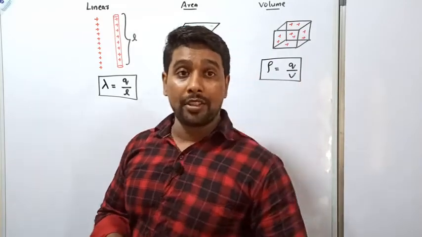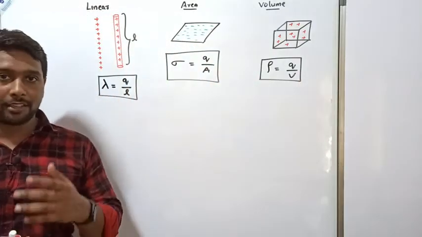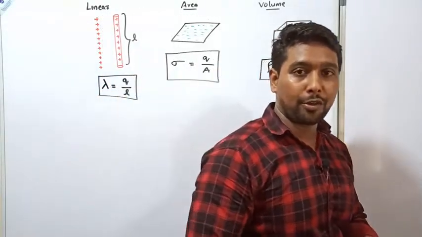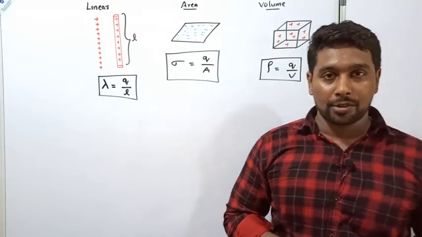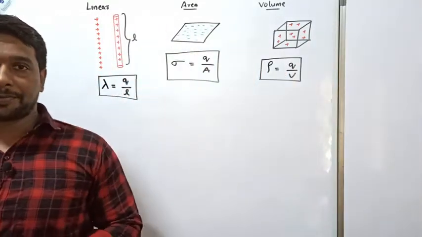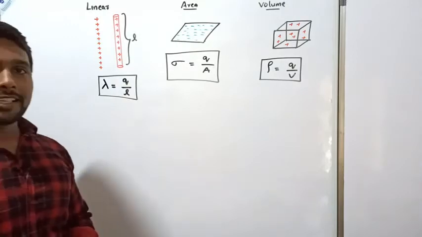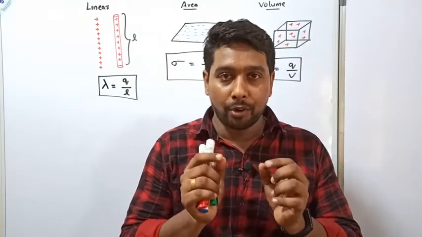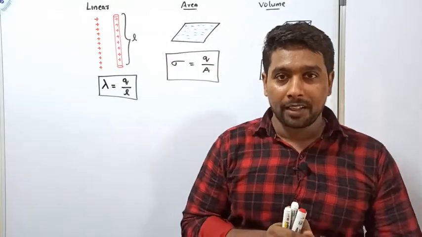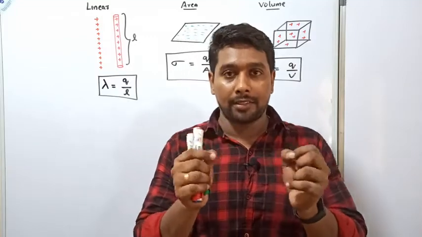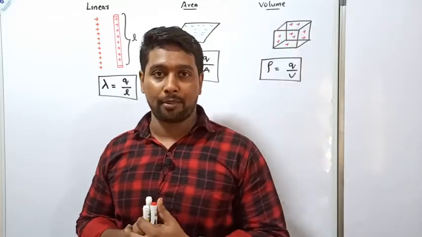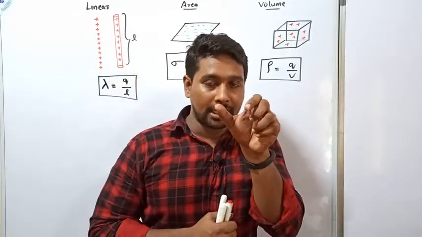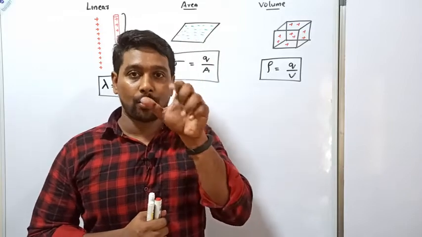We have entered into the section of electric field, and we already studied electric field due to a point charge. What was the equation for electric field due to a point charge? E is equal to 1 by 4 pi epsilon 0 times q by r square times r cap. Then we moved on to the electric dipole. What was electric dipole? It was two equal and opposite charges separated by a very small distance. What was electric dipole moment? Electric dipole moment means the strength of the electric dipole. In order to find it, we are using the equation 2aq. 2a is the distance between the charges, and q is the magnitude of the charge.